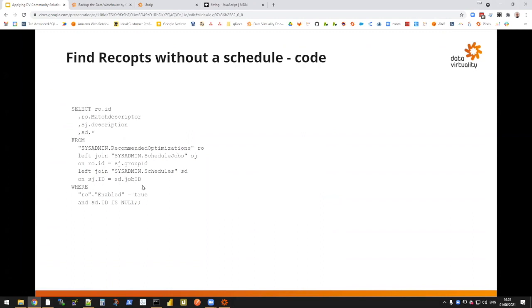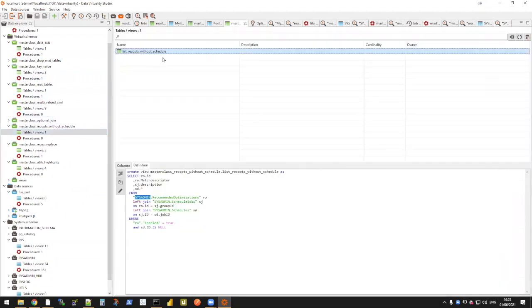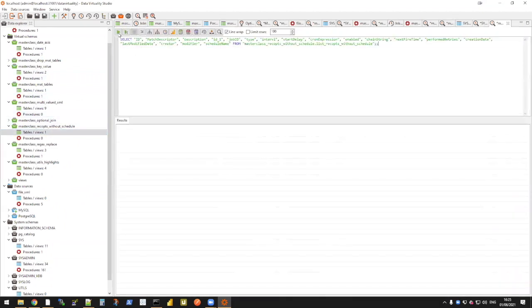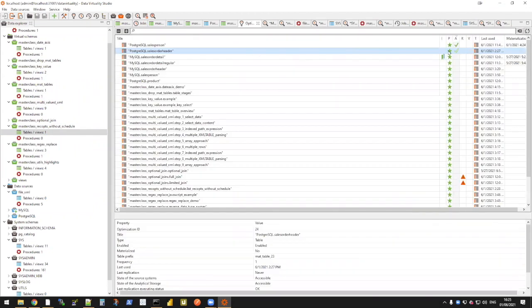But for the schedules, there is no schedule, right? So we are actually picking out the ones enabled, no schedule. And let's take a look at this. Here we go. And it did find exactly the one that I was talking about, the sales order header,